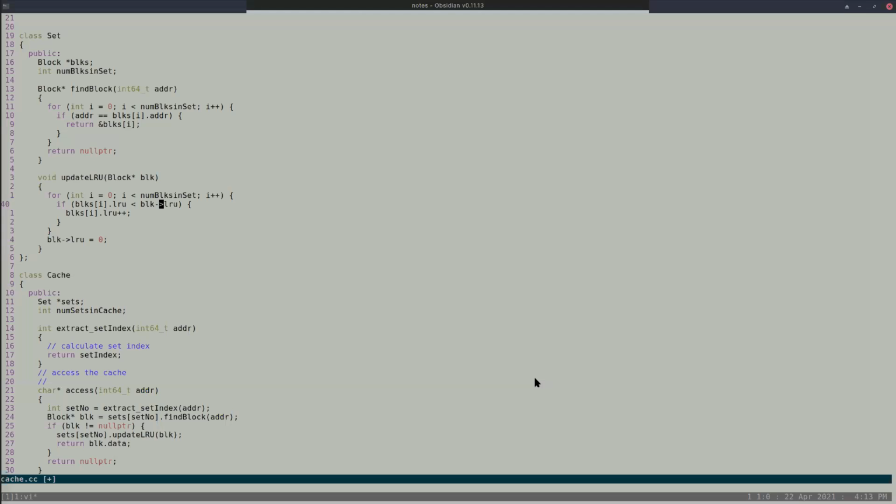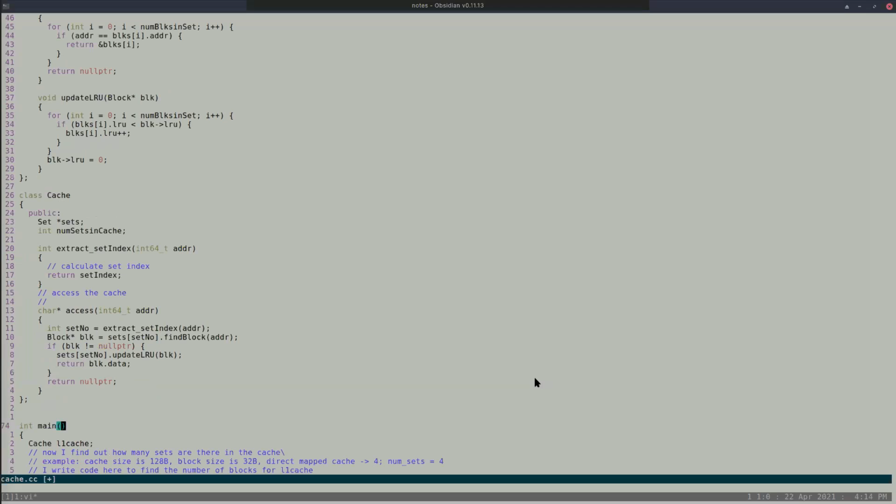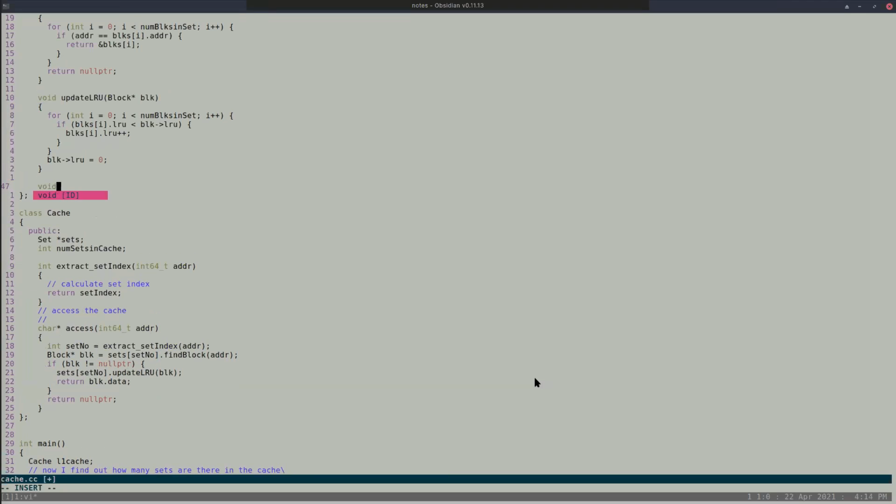We can keep building it this way. So I can just continue building this way. I can just have update LRU, and then let's say now I have access, right? So I can have insert block. I can have things like this. But the idea is clear, right? At least you got some starting point. So I hope you will build on this. Right? Let's say I want to, of course, have an access, but let's say I want to have insert block. If I have to have insert block, then maybe I will have a void function which says insert block.